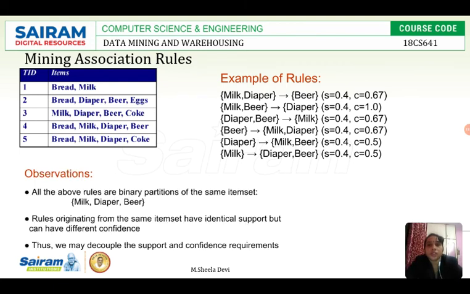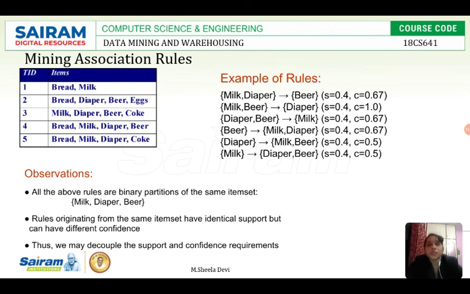See here, mining association rules. Here we have been given an example of how to generate the association rules and calculate the support and confidence, and with that how we can accept or reject. We will see one example, then you will understand better. Here the same transaction table is given. I am taking the rule milk, diaper implies beer. The support is 40%. This is what we have calculated, and 2 by 3 we have seen for the milk, diaper and beer combination, that is 0.67.